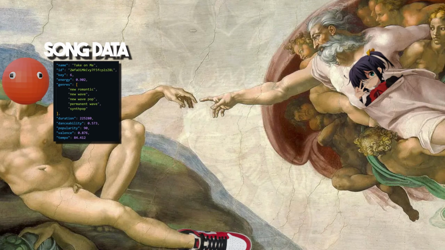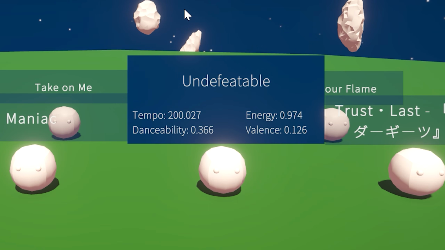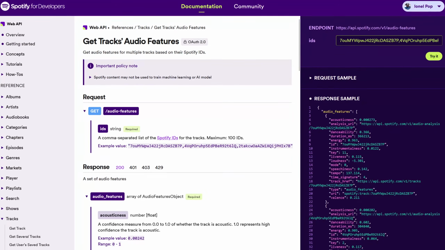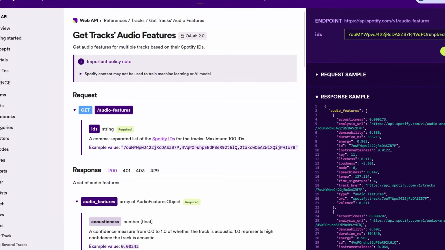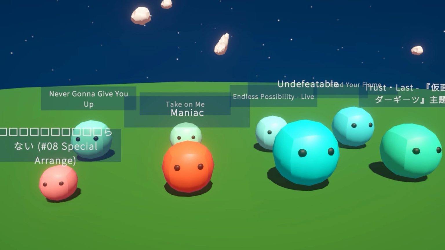When you're playing God, one of the first things to consider is to give your creatures some form of body. So I'm gonna make them round chunky boys, but they all look the same, so there needs to be some diversity introduced. To do that, we can look at all the different data that the Spotify API offers, such as energy, danceability, loudness, and weird things like that. And here we have a diverse set of monsters.